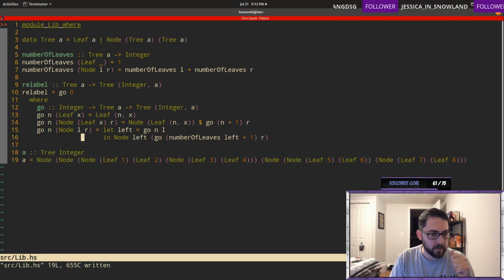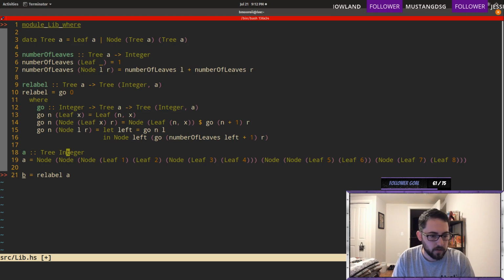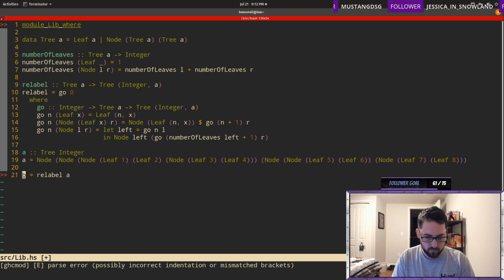We'll do that, and then we'll need B equals relabel A, and then of course...